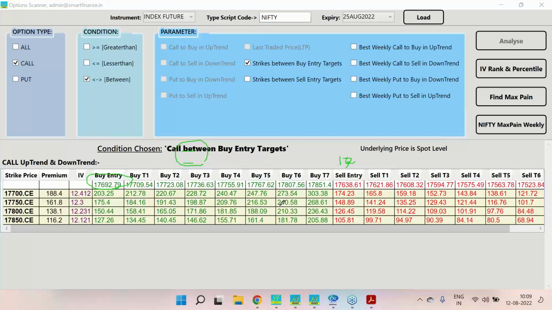Note down, these levels are very important, and this is not a static level for the day. Every time it will change. So every half an hour, 45 minutes, based on the volatility, based on the internal market conditions, it will change. So those who are the call buyers, again I repeat, those who are call buyers, wait for